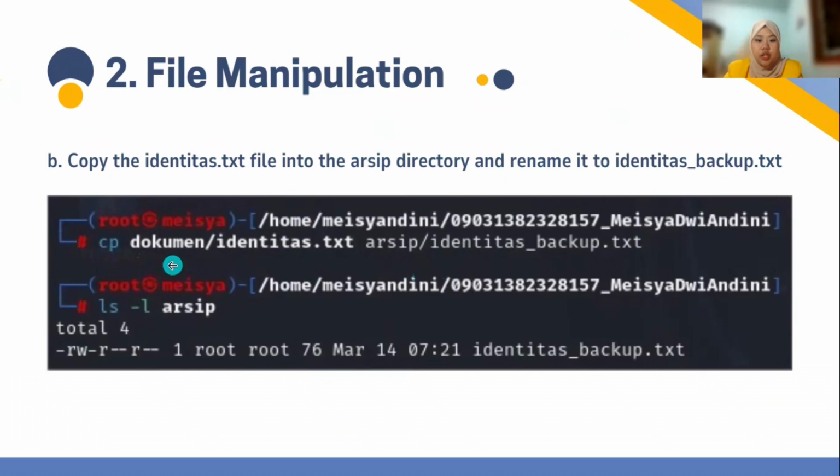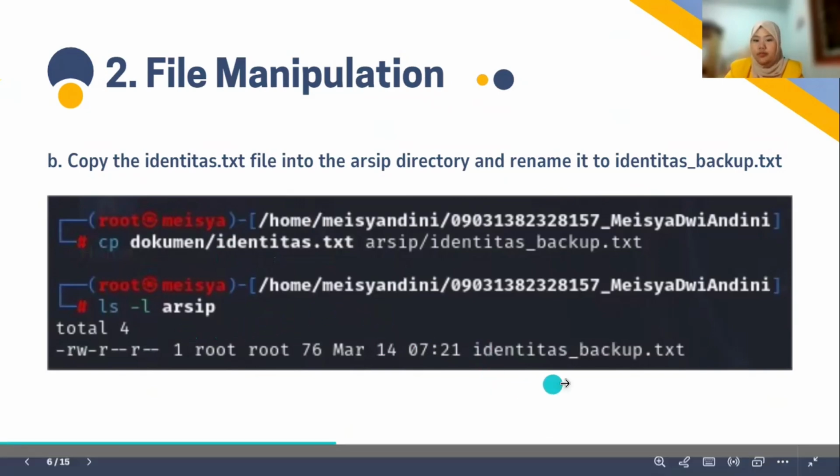Use the cp command, space, subdirectory slash file name, and space, the subdirectory slash the file name that has been replaced with identitas_backup.txt as the place we want to copy to. Then ls -l arsip to ensure that the file has been successfully copied in the arsip subdirectory and the name of the file that was copied has been replaced with the new name here.